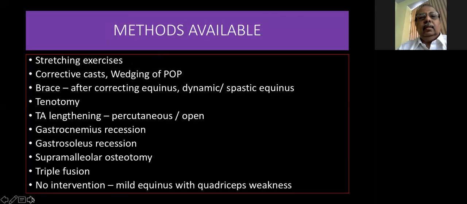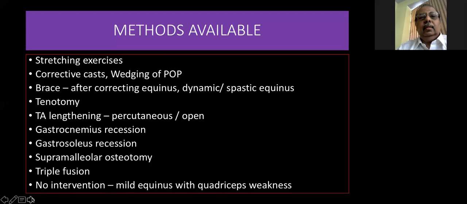So if you are getting a case of equinus, I have told you how to evaluate: what are the things you should ask in the history, then look, feel, move. All these I have already said in the beginning, but these are the points. What does equinus cause to the knee? What does equinus cause to the ankle? What does it cause to the subtalar joint, what does it cause to the forefoot? Is the child able to scratch? These are the additional points which you will have to examine.